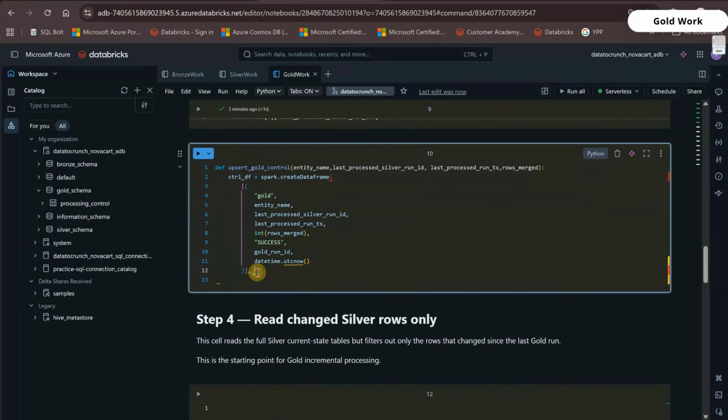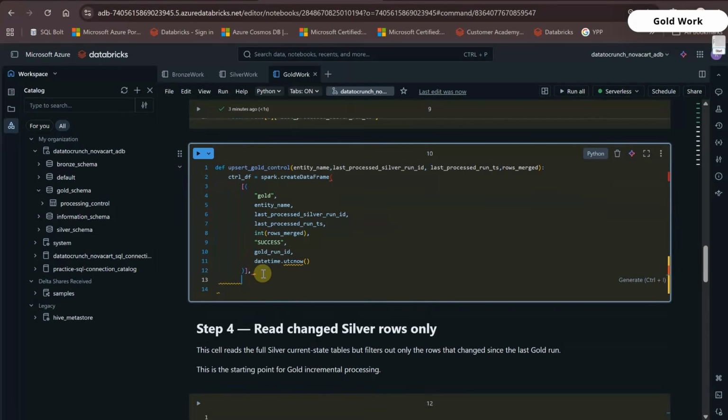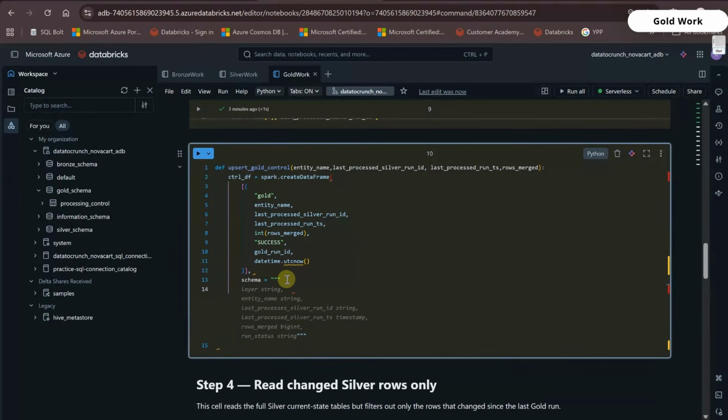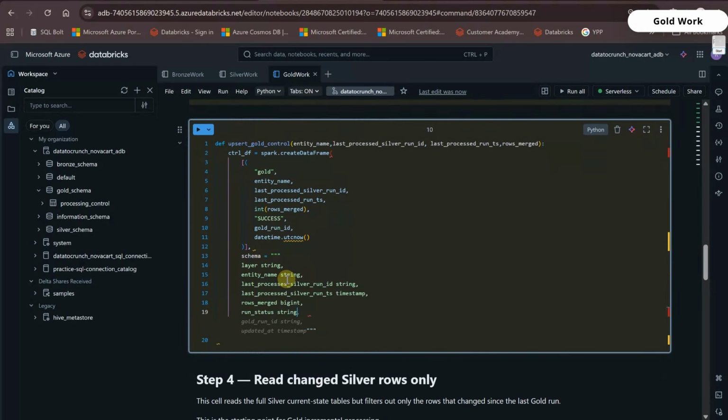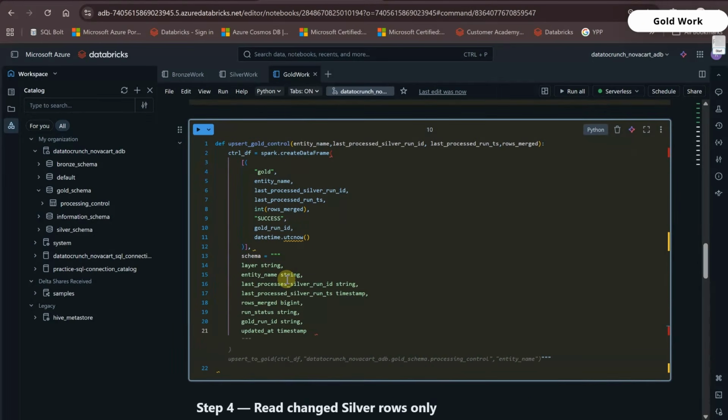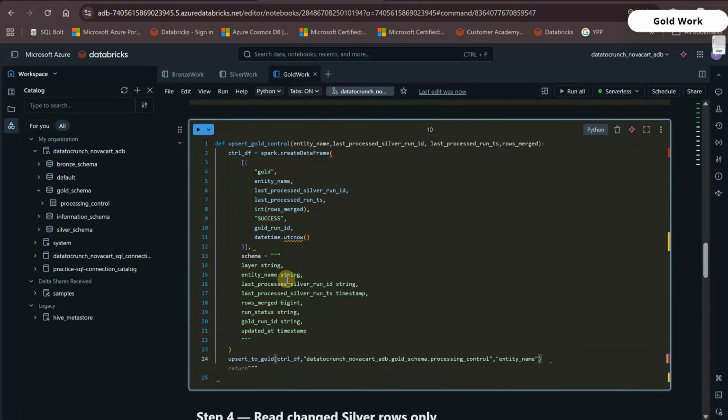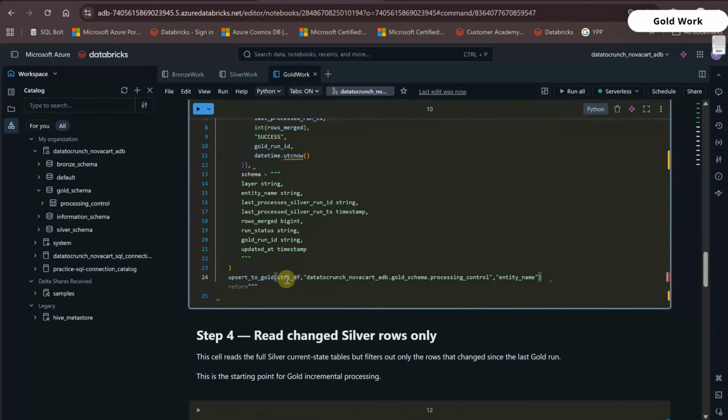Okay, so now we need to declare our schema here after this. So for this, layer needs to be in string, entity name in string, run ID in string, run TS in timestamp, rows merged in bigint, run status in string, run ID in string, updated at in timestamp. Okay. And once we are done with this,